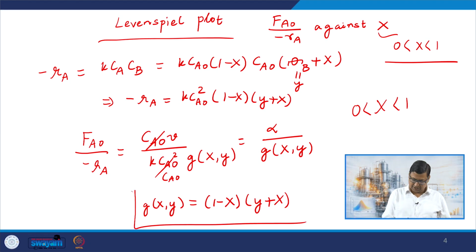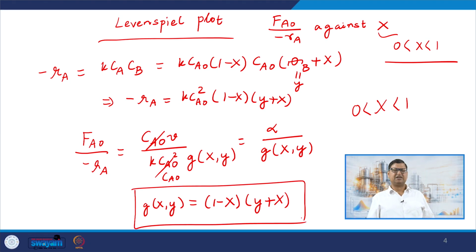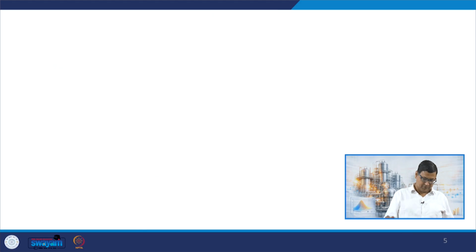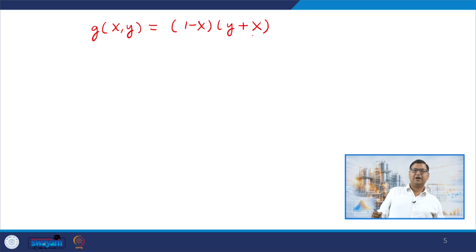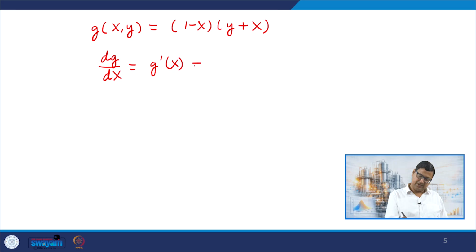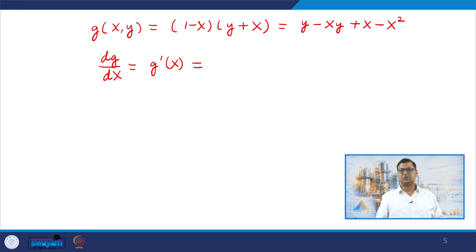So, let us look at this particular function and try to see whether it has a maxima or minima or not. So, we have G of X, Y equal to 1 minus X into Y plus X, and Y in this case is kind of a constant, the value that we are giving. So, we will do dG by dX, or G prime X. We can expand G of X, Y, this becomes Y minus XY plus X minus X squared, and what we see here is that G prime X is simply